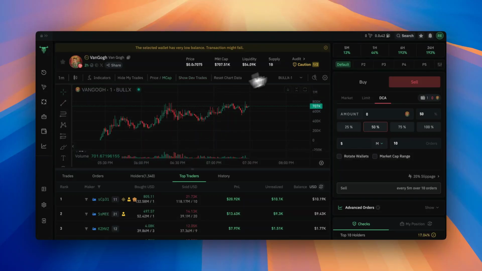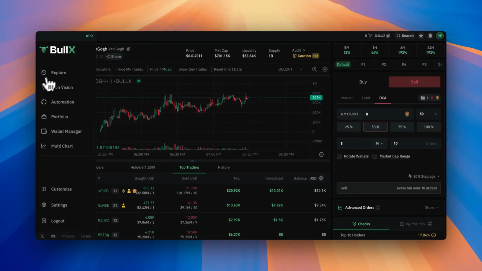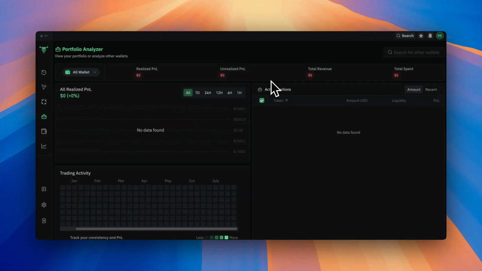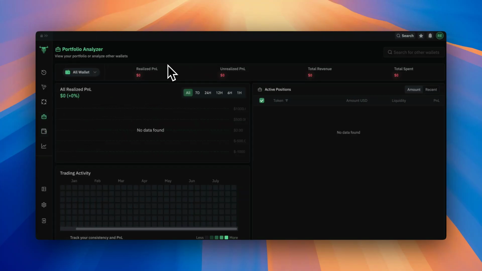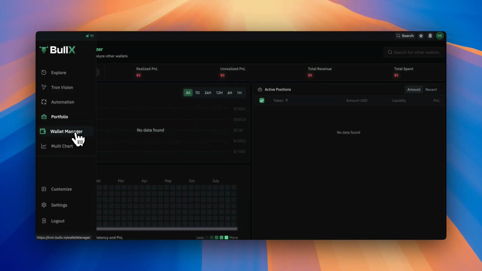It's crazy. I got early access to this, preparing this video for you guys to check out as soon as it's available for you. But yeah, your portfolio. Once you start trading on here, this is kind of like the wallet analyzer, but for you. You can see all of your wallets. You can go ahead and just select one wallet if you're using the wallet manager, the multi wallet function, which we'll kind of talk about here. But you can see how much you've spent, your total volume, your unrealized P&L, your realized P&L. So you can see everything all in one place, which is nice.